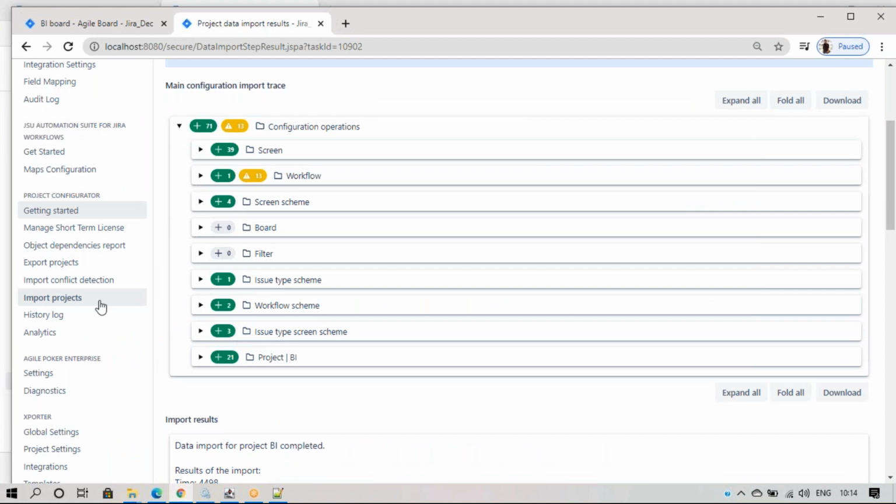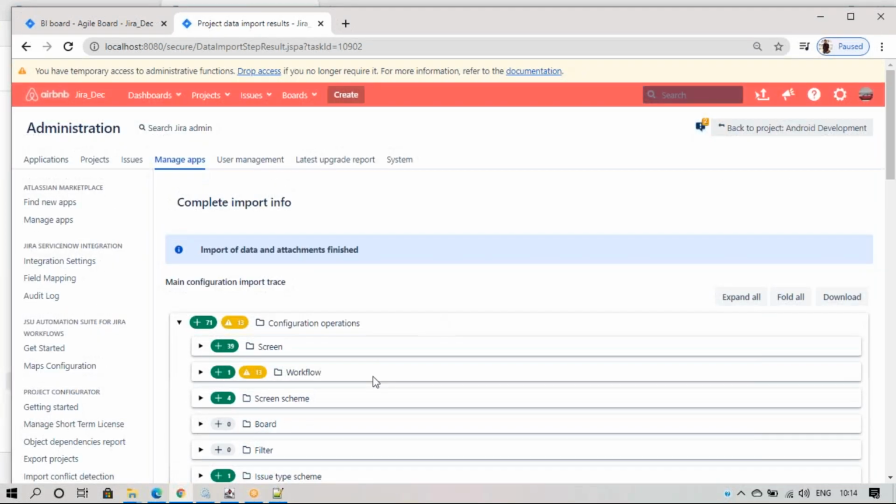Okay, so when we install this plugin, we have export project and import project. So we have these two, and with the help of these, export the project from source and import the project in the destination. And if you install this configuration manager, the configuration manager will appear in the system menu below. Once this plugin is installed in the two environments, that option will appear below system.